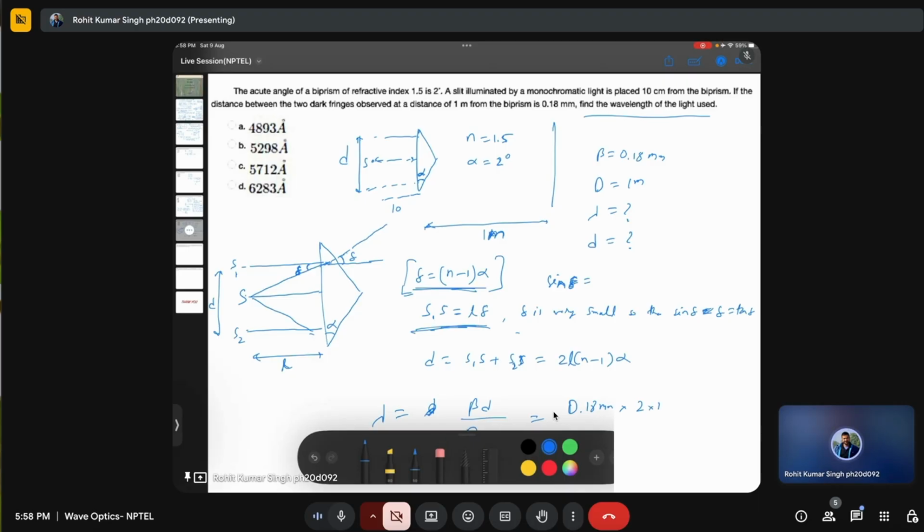And alpha is 2 degrees, so we'll have to convert it into radians. So pi by 180 divided by